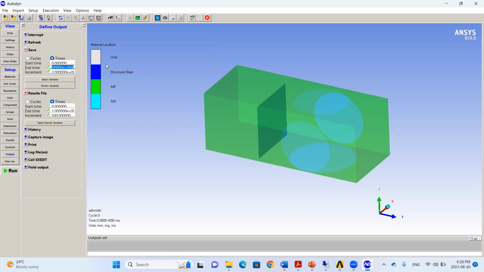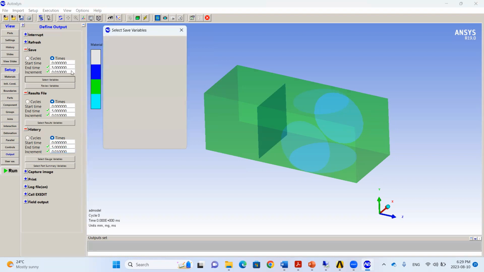And now this is how to save and show your outputs from 0 to 5. I need a time step of 0.01 milliseconds and the history time 5,